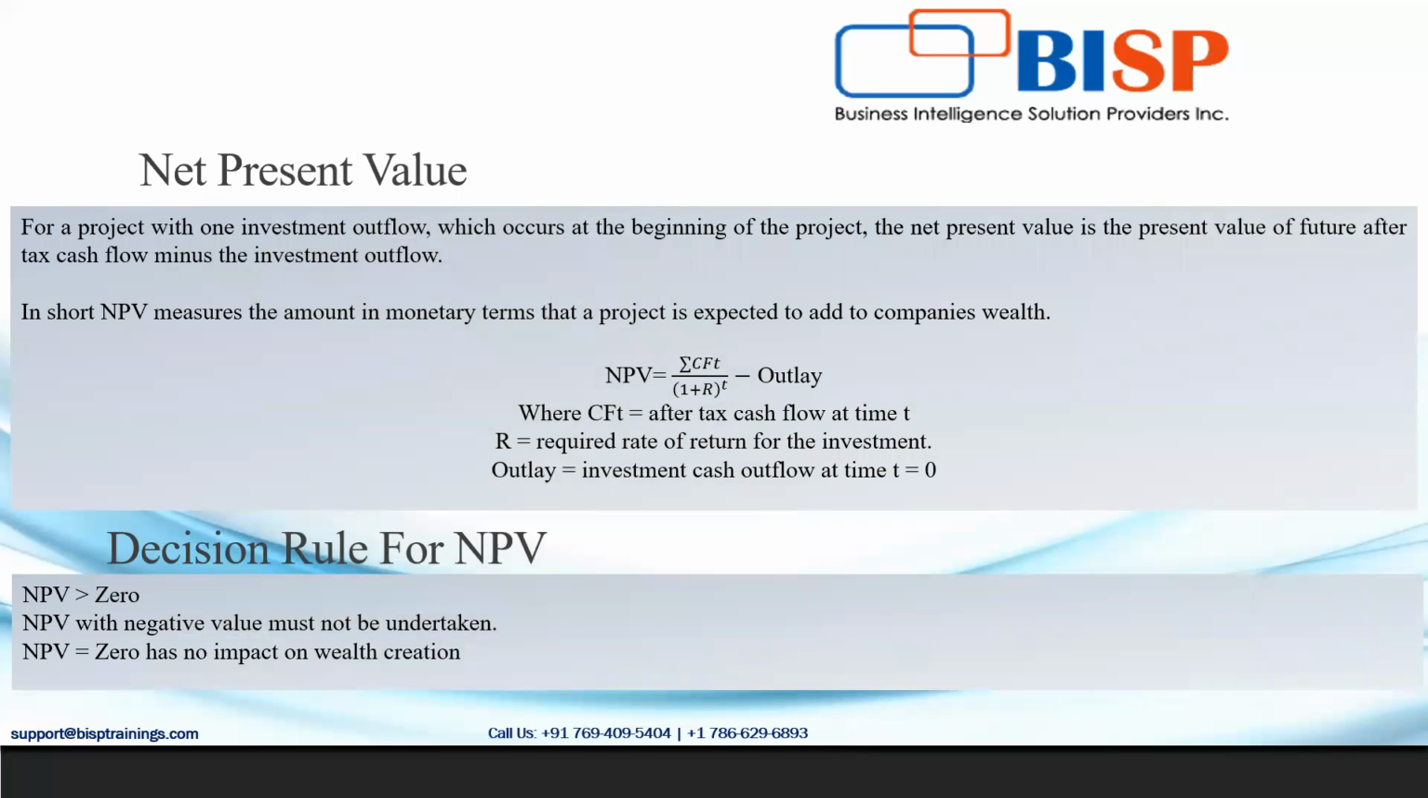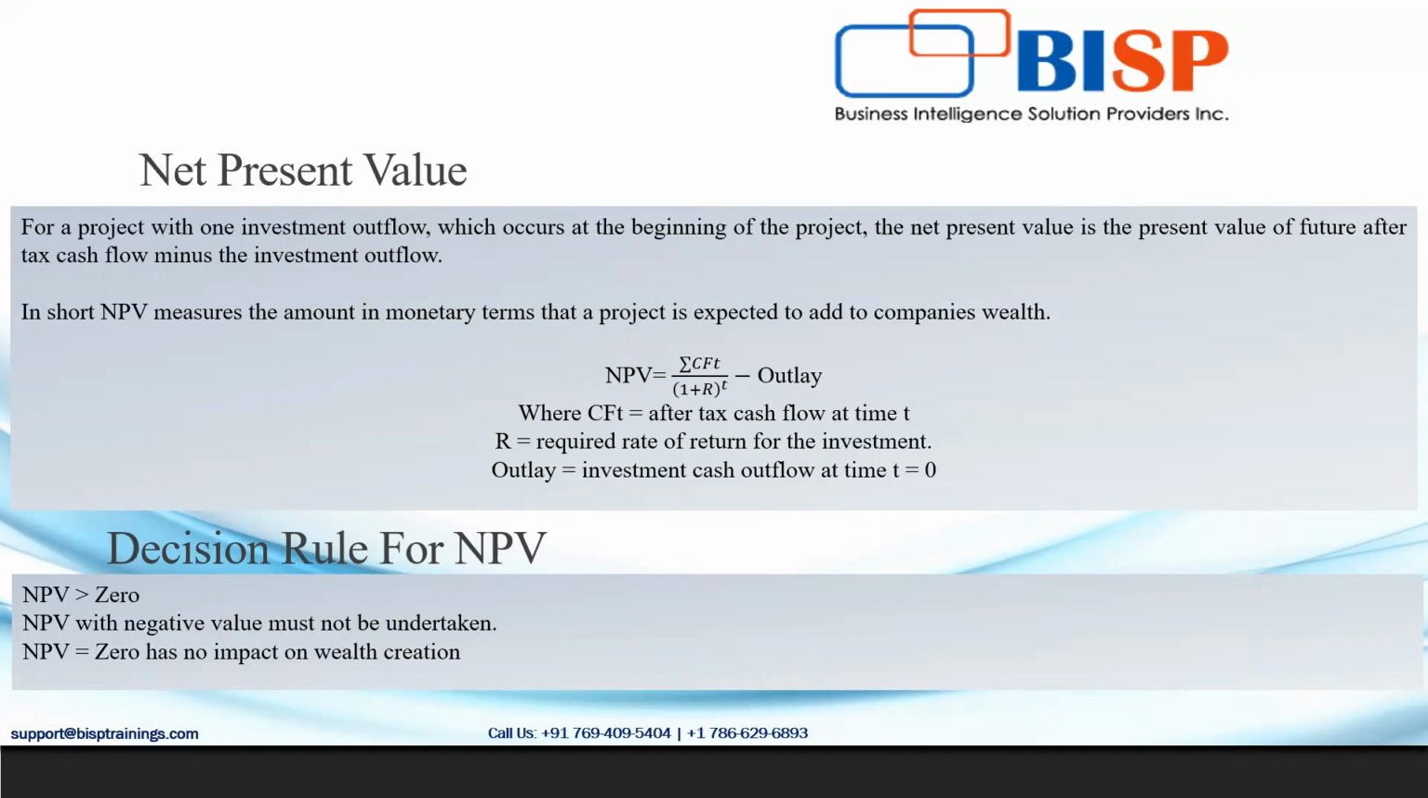Now in capital budgeting, net present value becomes one of the major key performance indicators for assessing any project. Now, what is net present value? For a project with one investment outflow which occurs at the beginning of the project, the net present value is the present value of the future after-tax cash flow minus the investment outflow. That is, considering the time value of money concept, the total outflow and total inflow result in the present value of cash, taking into account the discount rate or the inflation, an organization is required to calculate the net present value